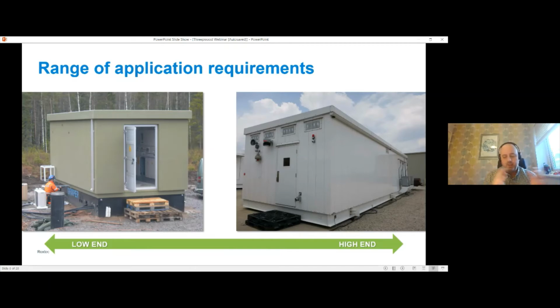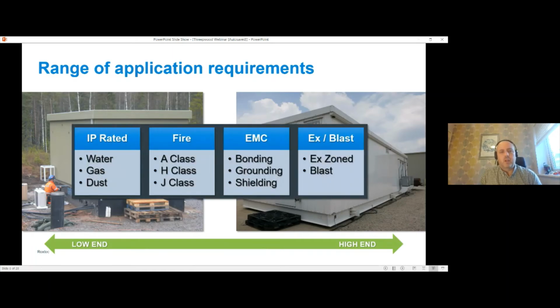buildings. But what you've got is a range here of additional requirements. Where we start at the low end, we are talking water, gas, dust. We may add into that some fire. Obviously, fire becomes more complicated when we move away from basic cellulosic fires to hydrocarbon and jet fire. But then also we may want to consider advanced demands, so bonding, grounding, shielding, possibly even zoning or blast proofing. Essentially the same structure, but in context, there's a hell of a lot more to think about as we go up the requirement scale, depending on environment of operation. It's really important for me that we think like this, that, like I said, essentially the same structure, but varying